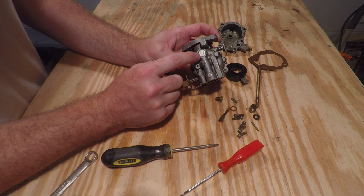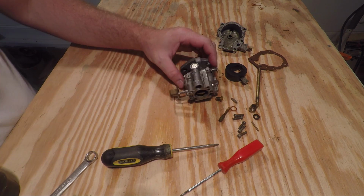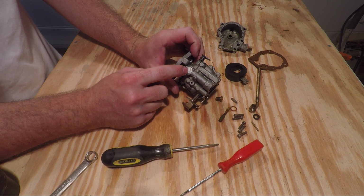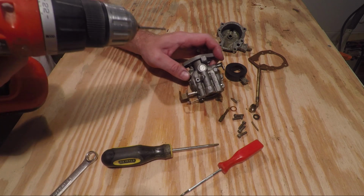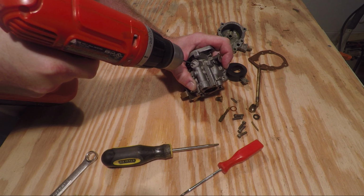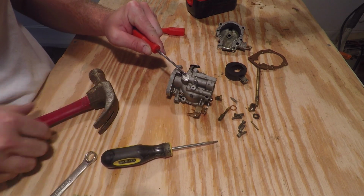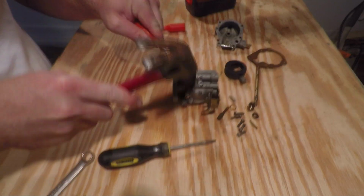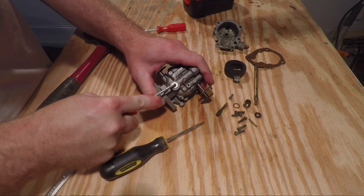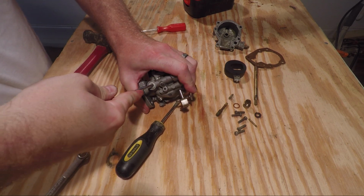Next, on the top housing, you're going to want to remove this metallic cap here. The easiest way I've found to remove this metallic top, it's a really soft metal, so you can take a small drill bit and drill a small hole in there, being careful not to go all the way through. You can take a pick and punch it the rest of the way. Make sure you're on a soft surface so you don't damage the bottom of the carb, like this wood table. Once you've broken through, you can just simply twist and pry until you get the cover out,